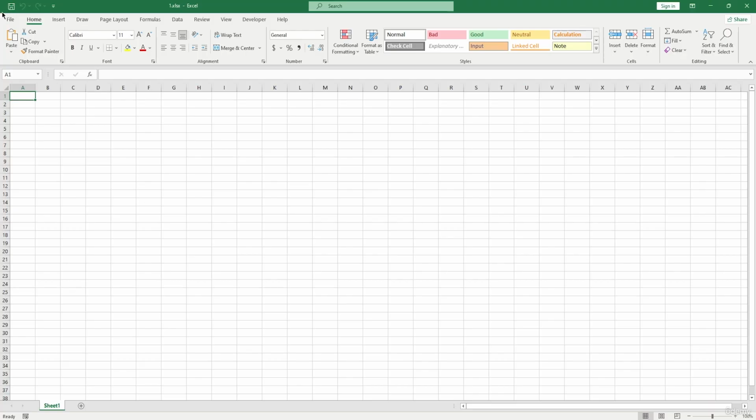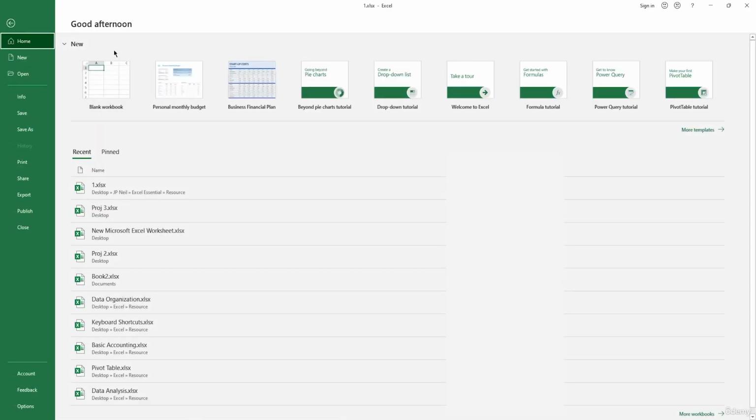You can see these are the ribbons named File, Home, Insert, Draw, Page Layout, Formulas, Data, Review, View, Developer, and Help. Let's start off with knowing about our File tab or our File ribbon. There are also a couple of things over here. When you want to open up any new document, or let's say an Excel spreadsheet, you're going to go to Home or our File ribbon and then start from over here by selecting your own workbook,